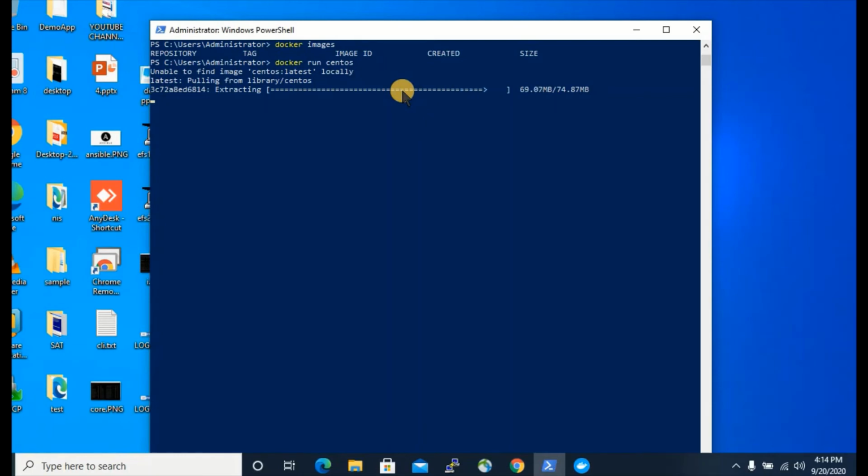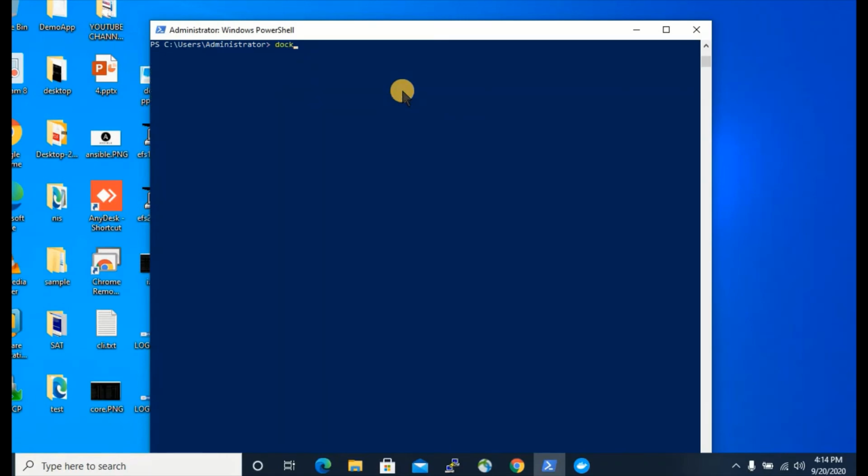We'll use some commands to get acquainted with whether they run properly on Windows or Linux, and whether any command is different. So you see it's downloaded. Now check the images.